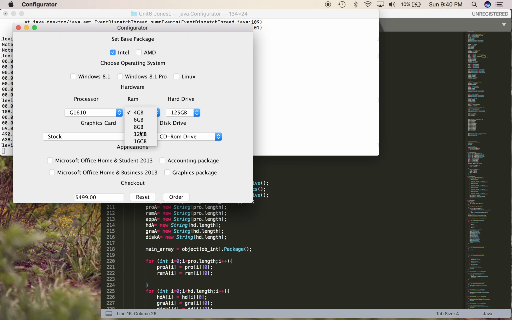Now, if for some reason you get going and you wanted to start back over at the base, we've got a reset button. You can click that and it resets everything for whatever base you're using. And then